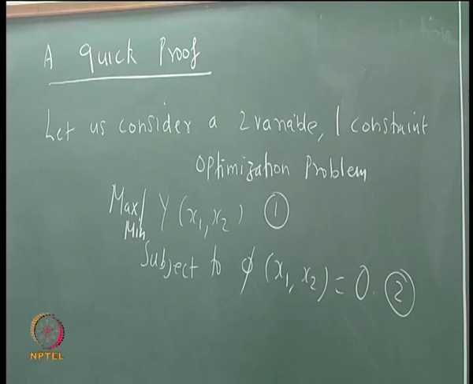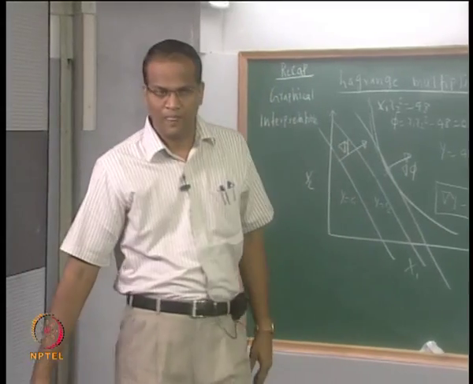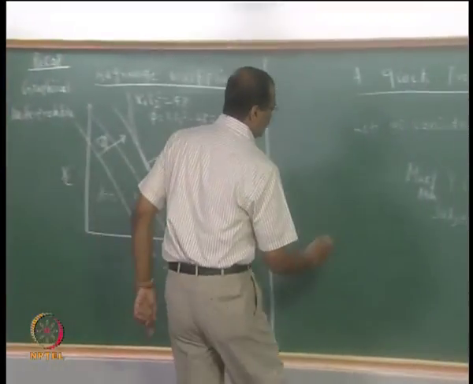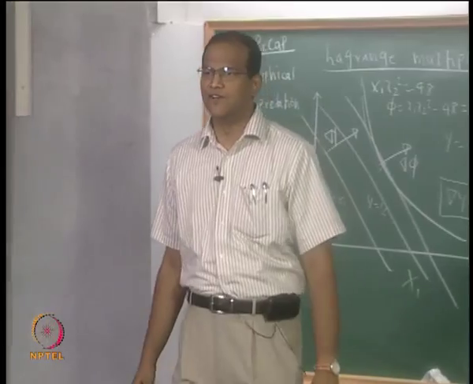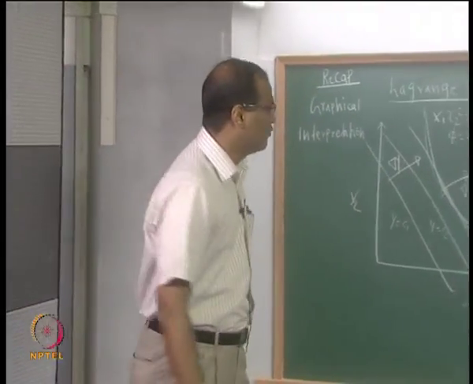This is a standard formulation of a two variable, one constraint optimization problem. We are seeking a solution to this. Now we want to write out an expression for the differential d phi. The d phi can be written as